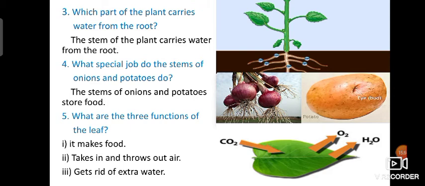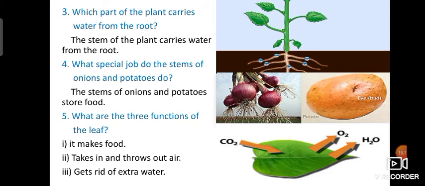What are the three functions of the leaf? It makes food and takes in and throws out air. Okay, takes in carbon dioxide and throws out oxygen, and gets rid of extra water.